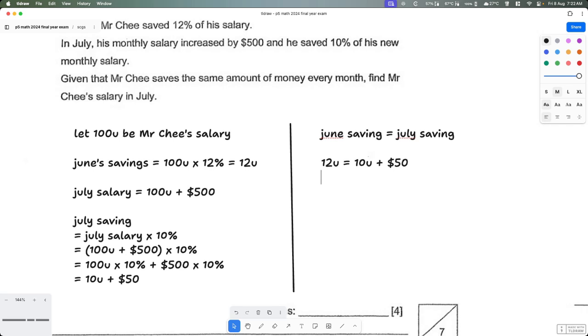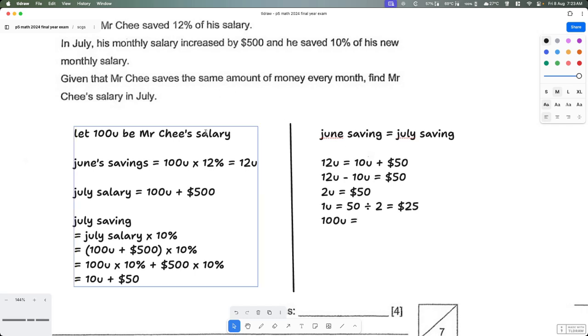So in this case, we can just minus, right? 12 units minus 10 units equals $50. Then 2 units is equal to $50. Then 1 unit is equal to 50 divided by 2, and this will give us $25. Then 100 units, which is the salary, is equal to 25 times 100, it will be